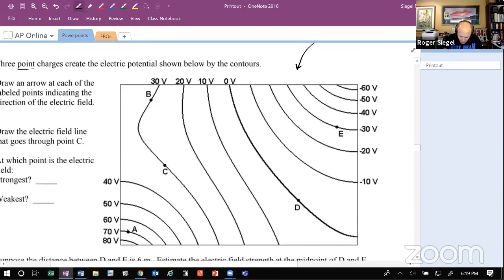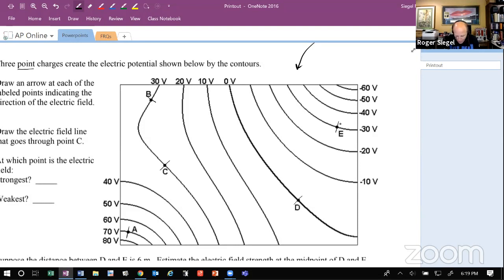So here's our point A, and every place where we have an equipotential surface, the electric field is perpendicular to that equipotential surface. So there's A, I'm going to draw a perpendicular, B, a perpendicular, C, a perpendicular, D, a perpendicular, E, a perpendicular. So the electric field everywhere is always perpendicular to the